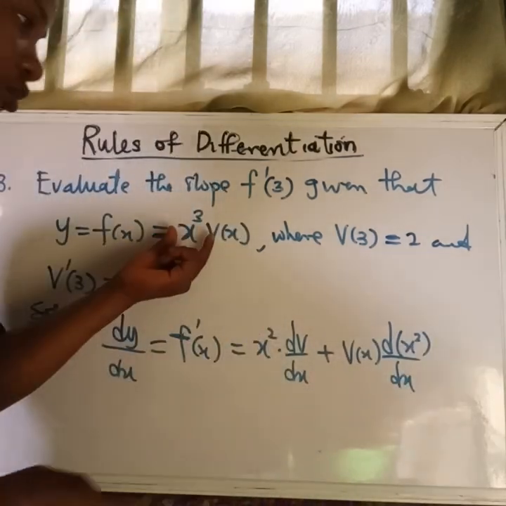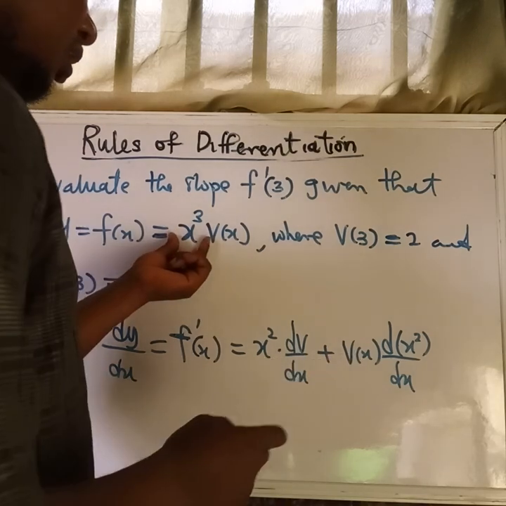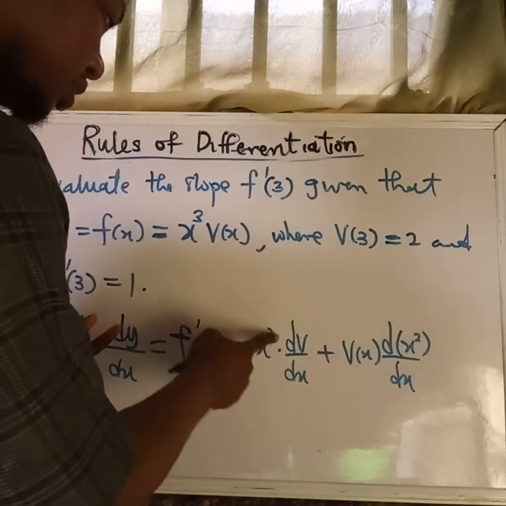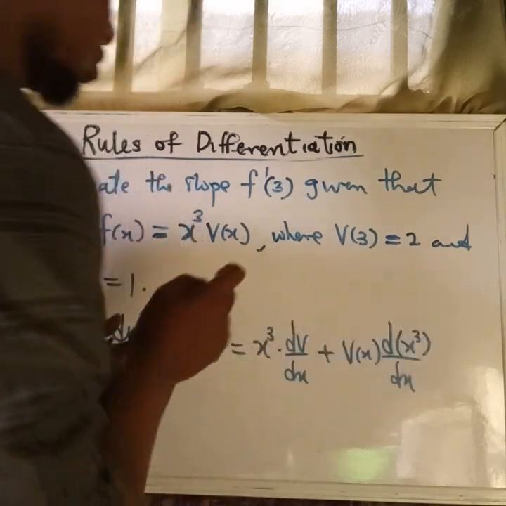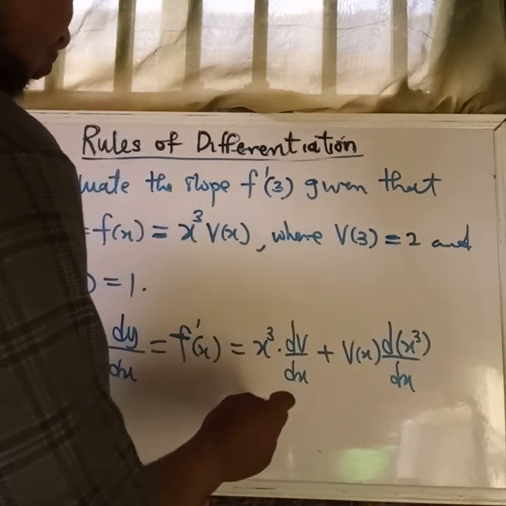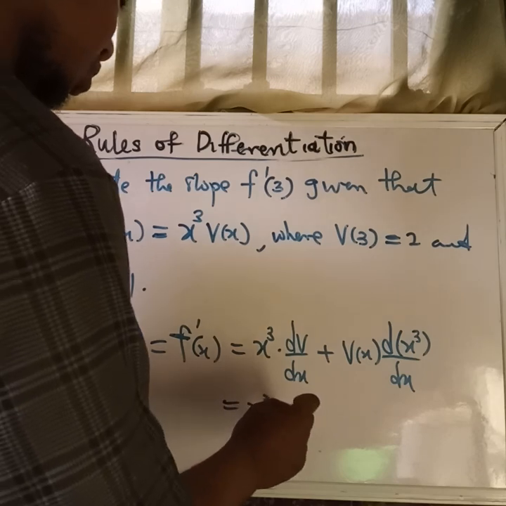According to the formula, this is u. Sorry, this is x cube. This is x cube. Okay, all right. So when we apply this, it becomes x cube v